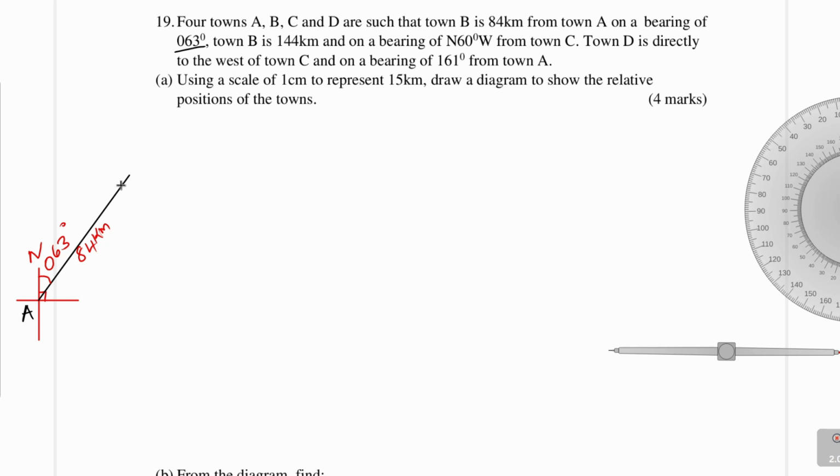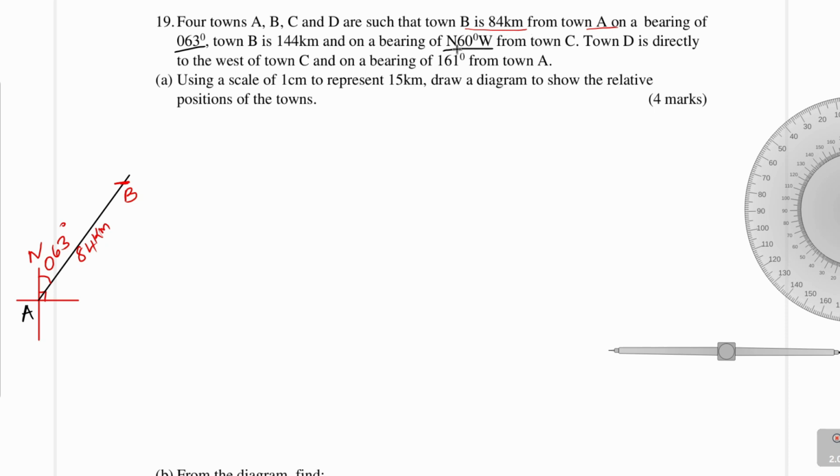So B seems to be somewhere here. We're just doing the rough drawing. So that is the first thing you're supposed to do. Now you're given the relative position of A and B: B is 84 kilometers on a bearing of 063 from town A. We've done that. The next statement: town B is 144 kilometers on a bearing of north 60 degrees west from